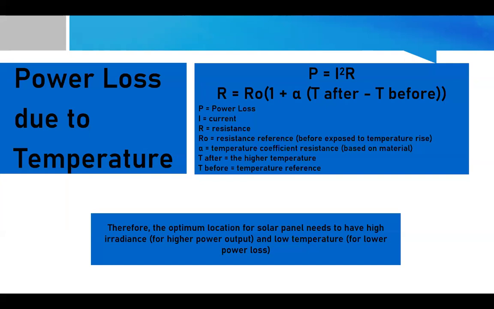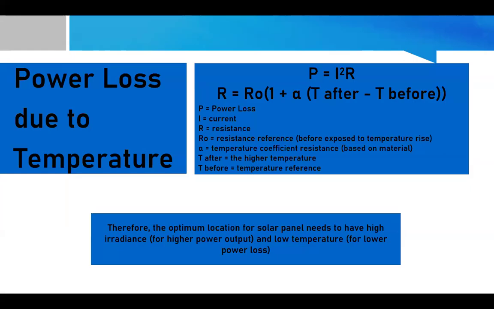If it is exposed to temperature, the value of delta temperature will rise, which is the difference between the higher temperature and the reference temperature.